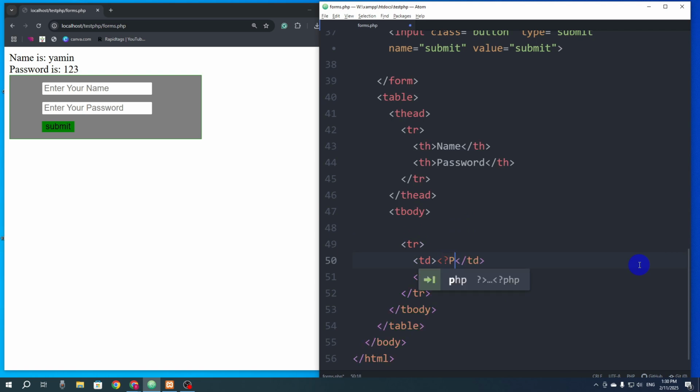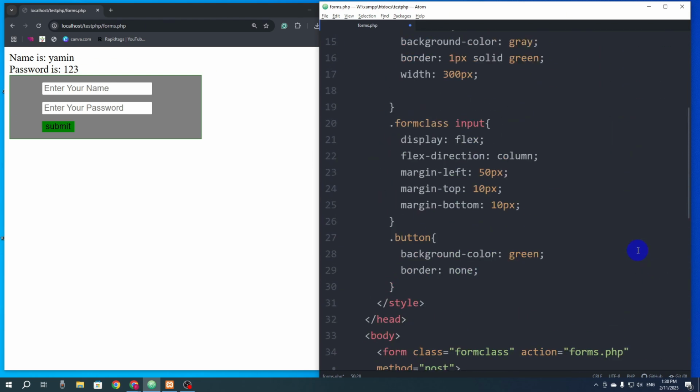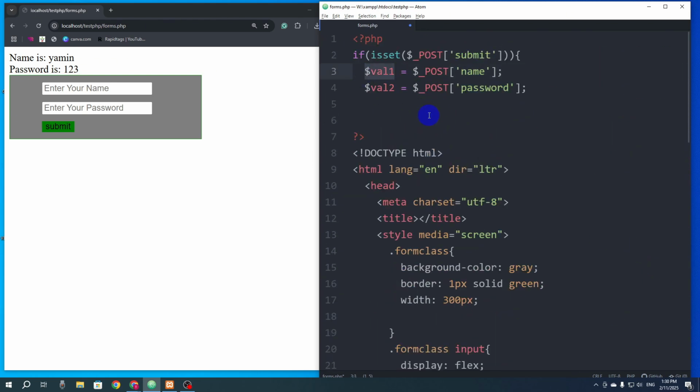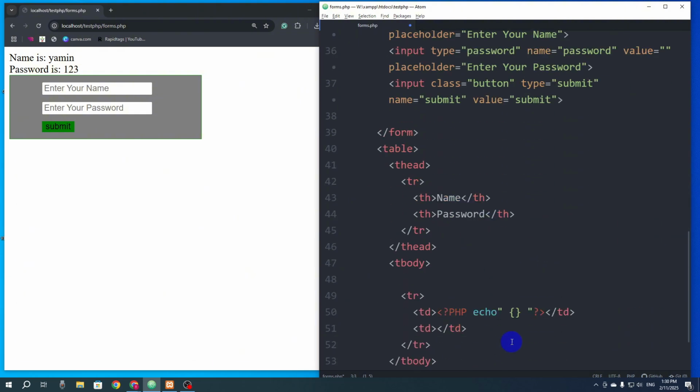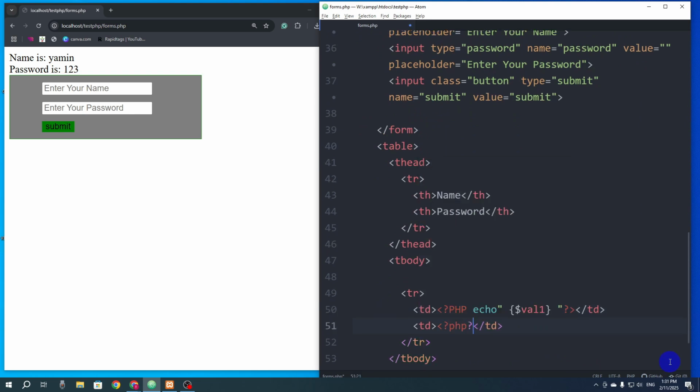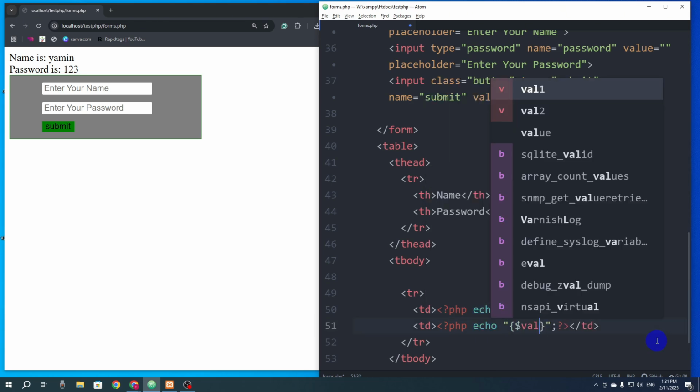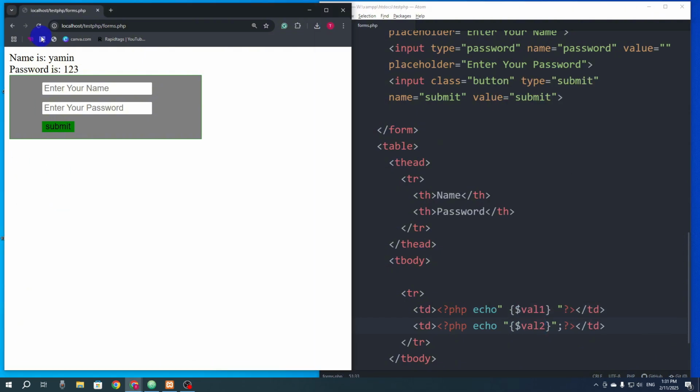So we write PHP syntax here, and echo the name. We use curly braces, and the name is val1, and password is val2. So I will say here echo $val1, and on the next line we once again write a PHP script, no problem, and here we say echo and our second variable, $val2. That's it. Now if I refresh,